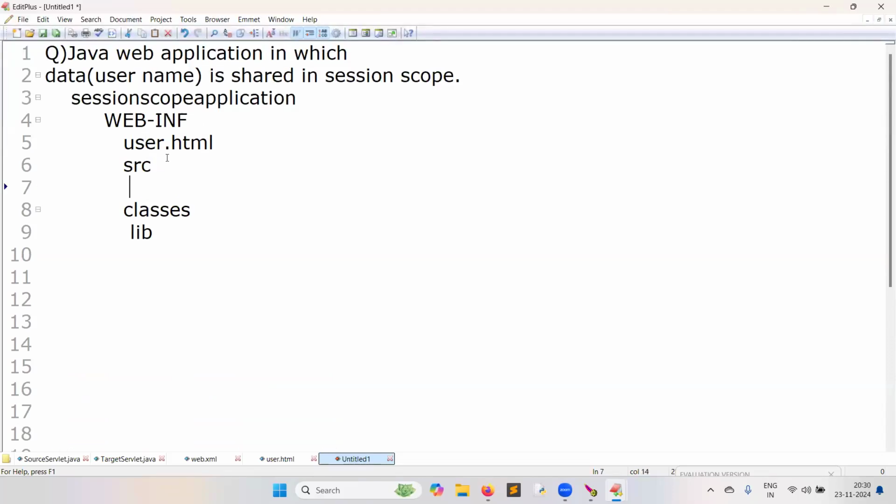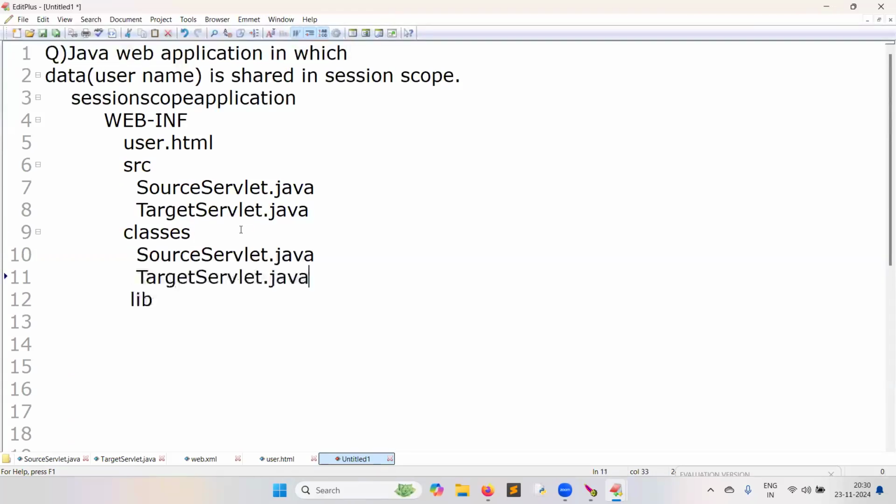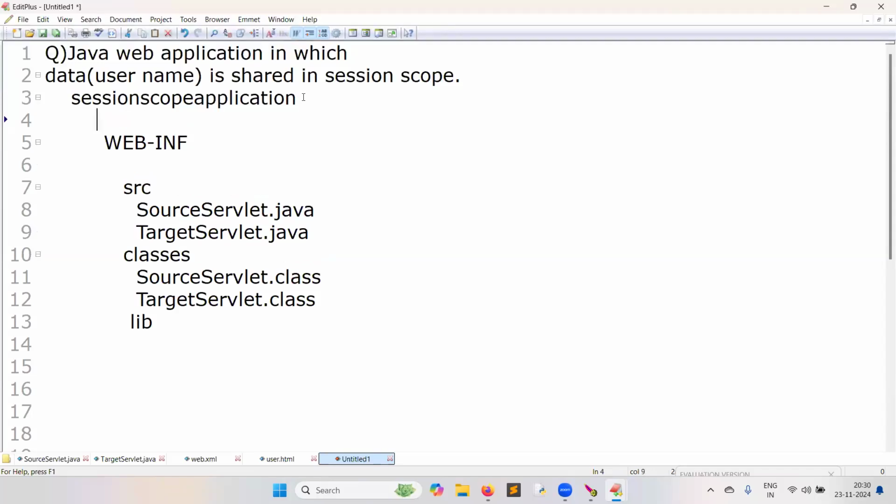Two servlets will be there: SourceServlet.java and TargetServlet.java. Of course, two .class files as well. One hour ago I developed them, so I remember all the things. Of course, user.html we should copy into the root folder. Then web.xml.